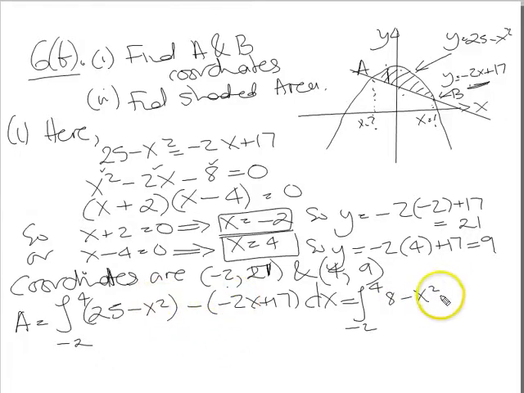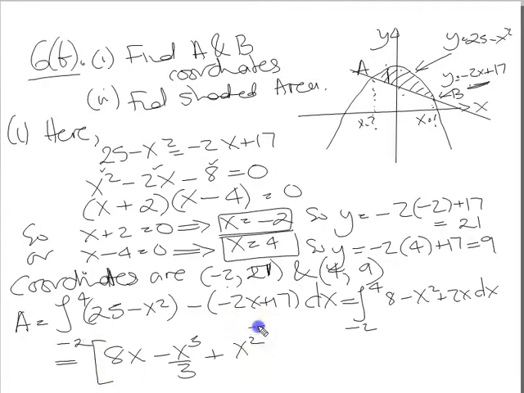And then you get minus minus, which is a plus, dx. So there we are. So let's work that out then. 8x, when you integrate term by term along the row, minus x cubed over 3, plus 2x squared over 2. The 2's will cancel and you just get x squared, won't you? Between 4 and minus 2, which equals